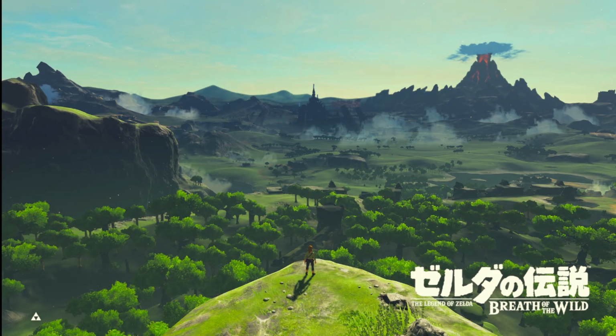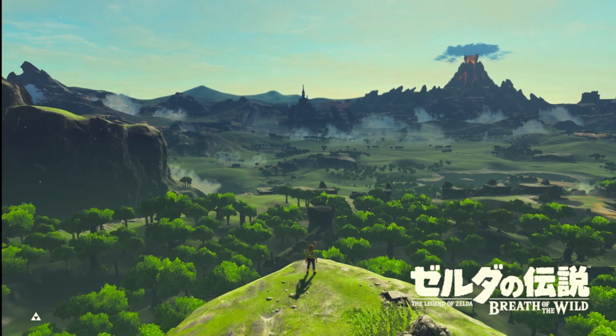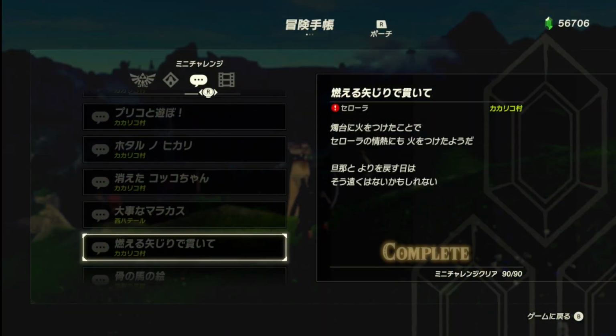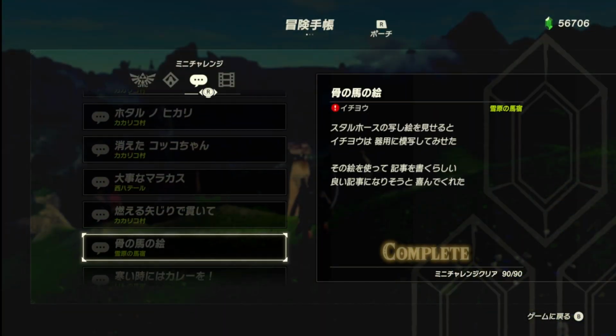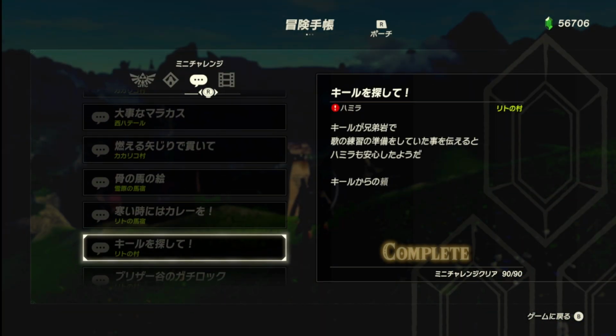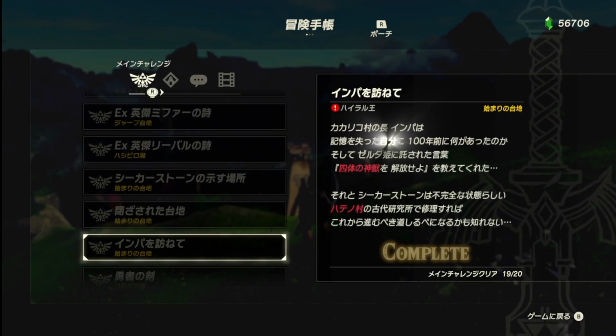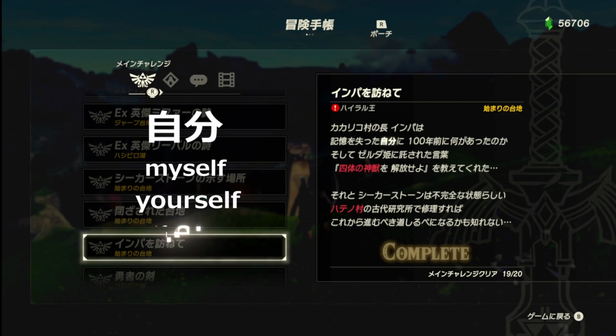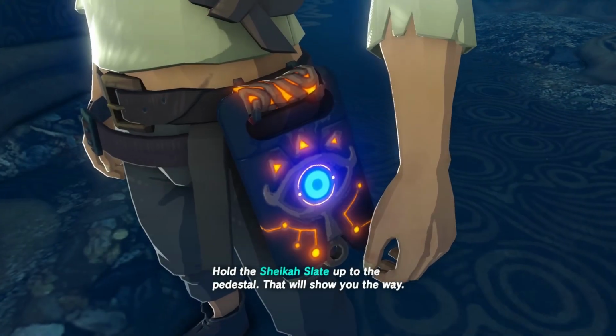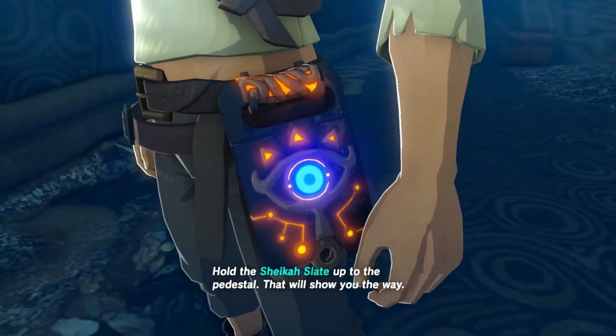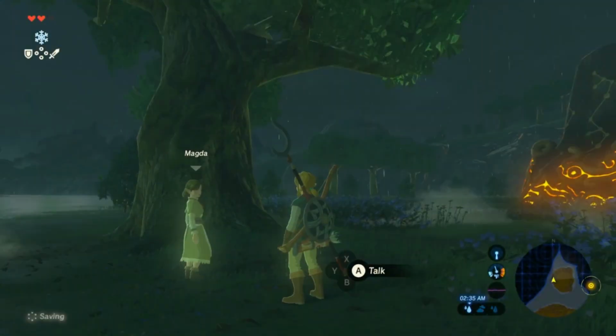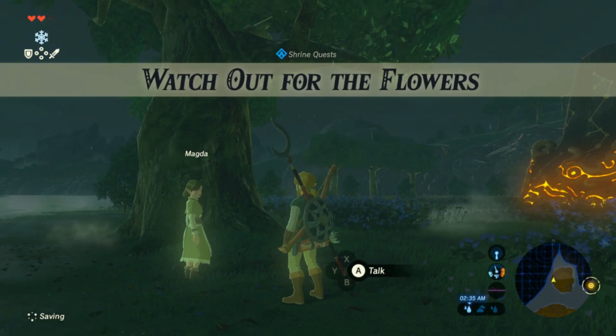In the Japanese version of Breath of the Wild, the pronouns for you or I do not appear even once throughout the entire adventure log. There is the occasional appearance of the Japanese word jibun, however, which can mean myself, yourself, I, me, or you in some dialects, and is dependent on the context, which is what's important to focus on first in regards to the quest entries. Let's use the quest Watch Out for the Flowers as an example.